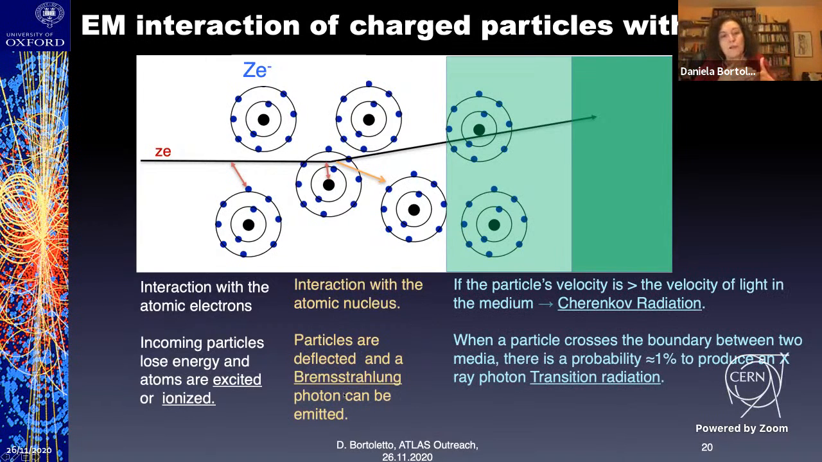And then if the particle velocity in a medium is larger than the velocity of light in that medium, then the particle can emit Cherenkov radiation. And when a particle crosses two materials that have different dielectric coefficients, then there is a probability of about 1% that the particle can produce an X-ray. And this is called transition radiation. Okay, and all of these interactions that the particle can have with matter can be used to detect a particle,